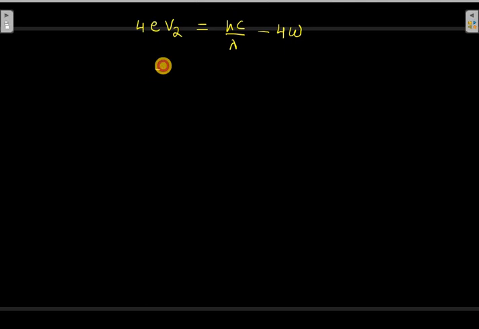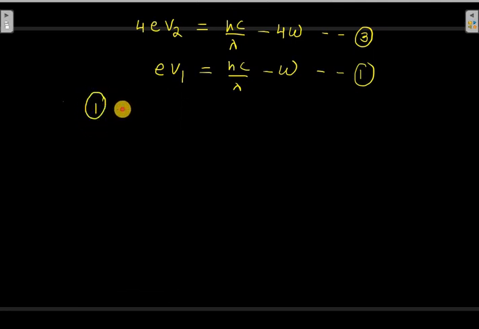The first equation is eV1 will be equal to hc upon lambda minus W. This equation is basically third and this equation is first. On subtracting third from first, that is we are subtracting equation third from equation first, we get